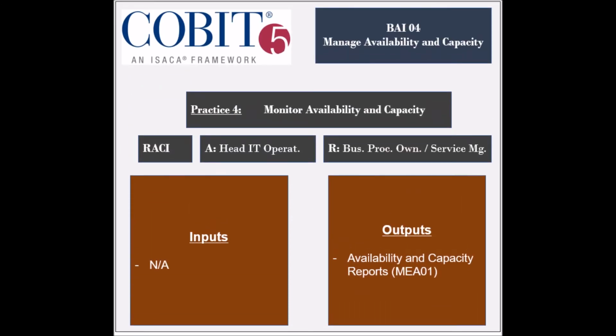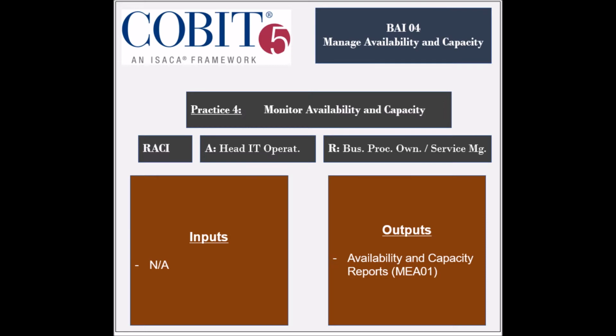The fourth practice is to monitor and review capacity and availability. The entities responsible are the business process owners and the IT service manager. The entity that is held accountable is the head of IT operations. The practice receives no inputs, but generates 1 output, which is the availability and capacity reports, to be used by